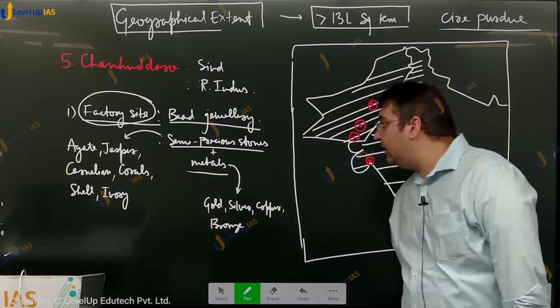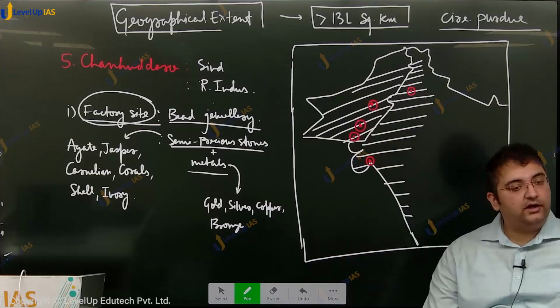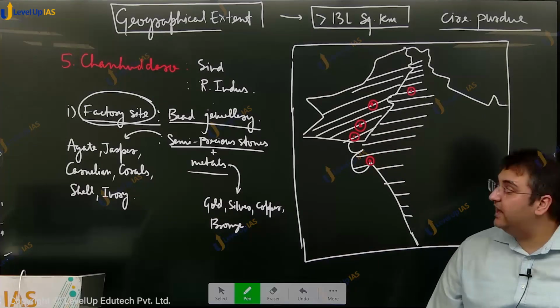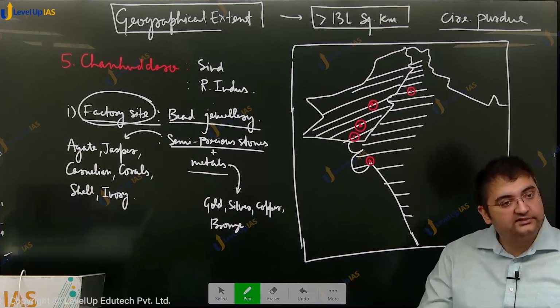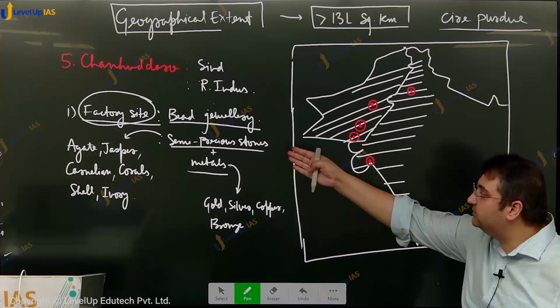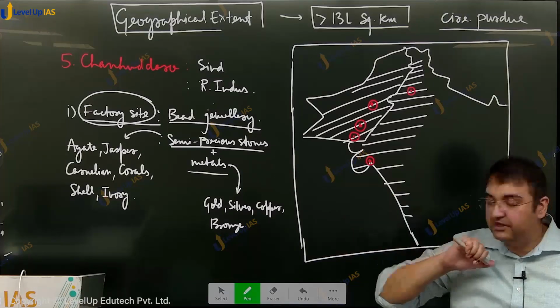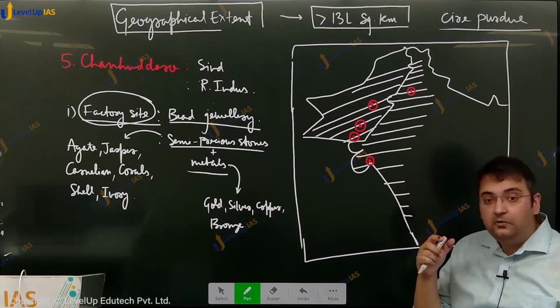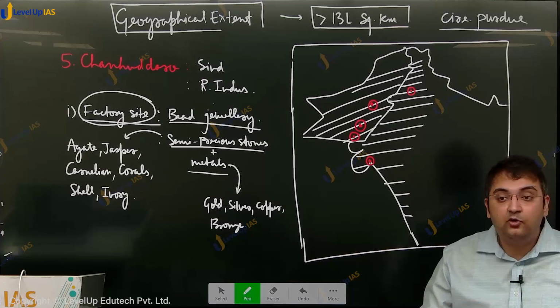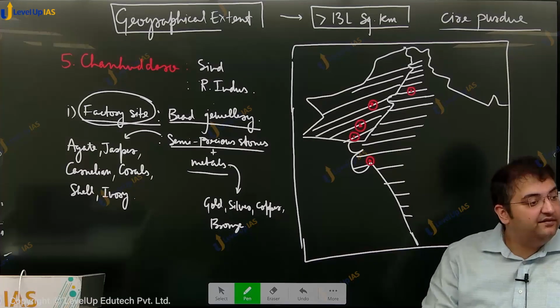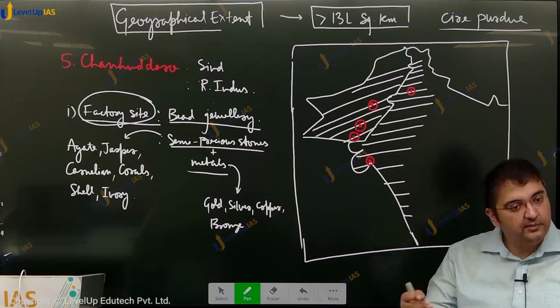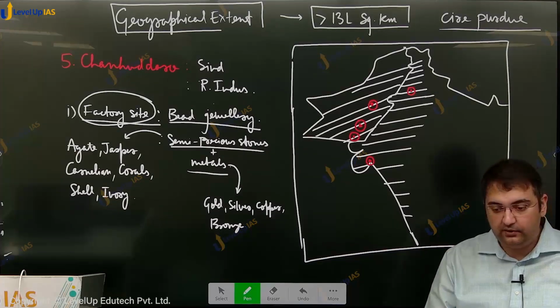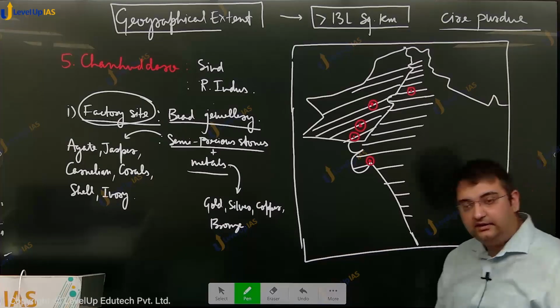Because we have discovered a large number of workshops where we have specialized tools such as drills made of chalcedony for drilling holes into long beads of these semi-precious stones. Then we also have a large amount of raw material in different stages of refinement. So some processed, some semi-processed, some unprocessed raw material also we have found. This was a factory site. Secondly,